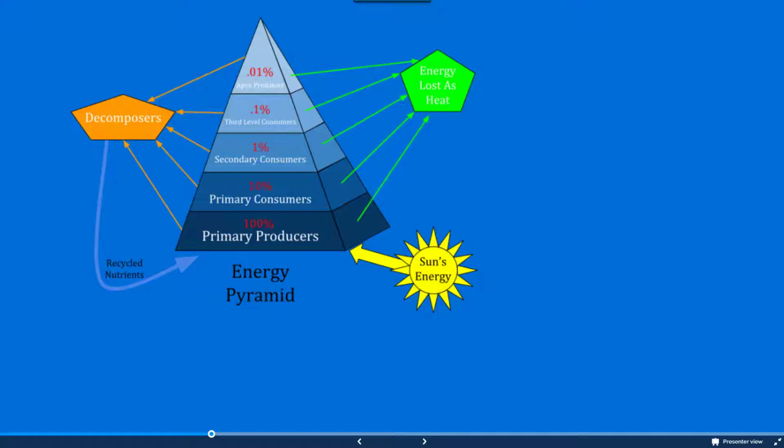And essentially what this is representing is a change from the gross energy to the net energy that is able to transfer from those primary producers to those primary consumers. So it's known as the rule of 10. You basically have 10% of the energy that's produced at one level available for the organisms that consume that level of organisms. So our primary consumers are only able to access 10% of the total energy produced by those primary producers. So what is happening to the rest of that 90% of energy? Well,